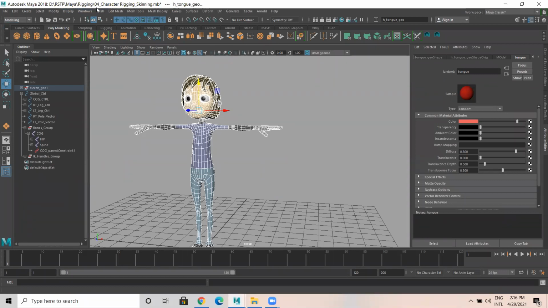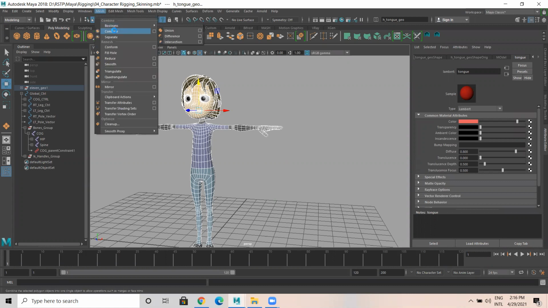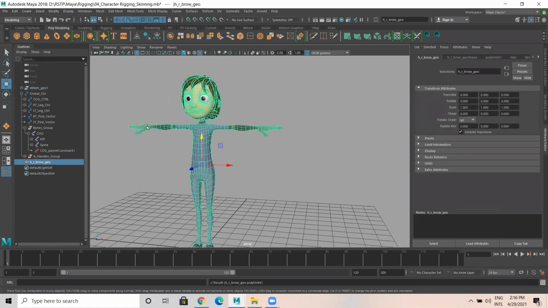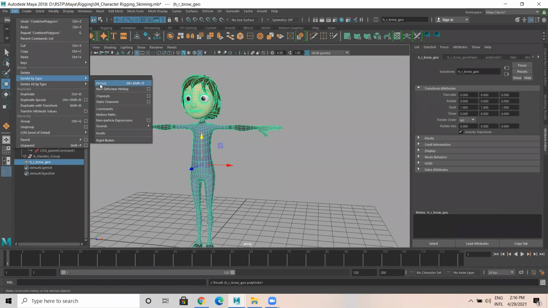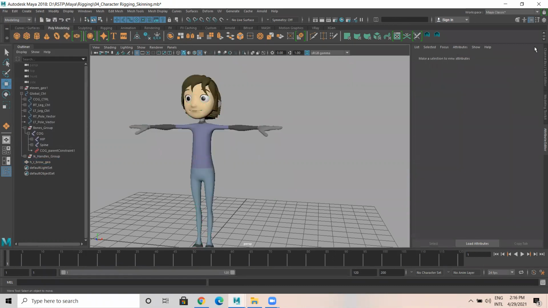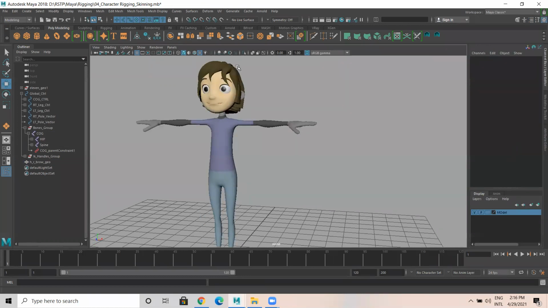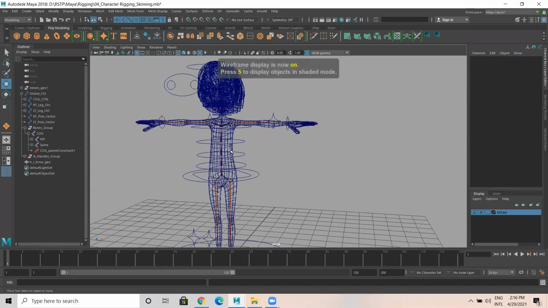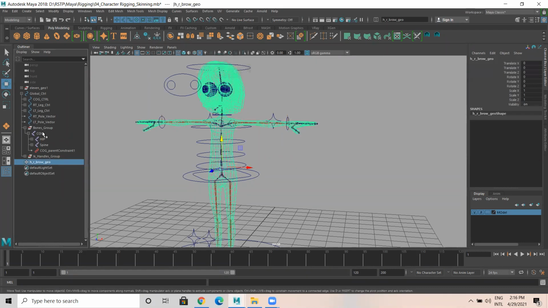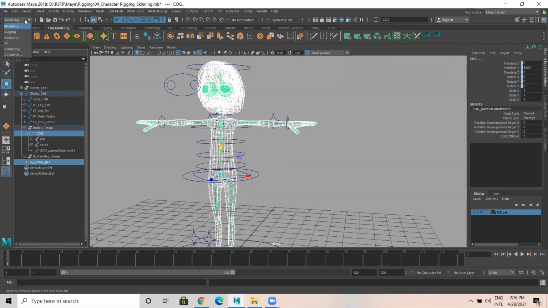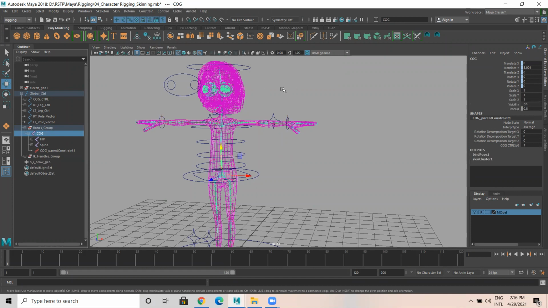I go to modeling, mesh, combine. I would like to combine this entire model. After that, edit, delete by type history again. Now show all. Here I'll select the body, control click on the cog, go to skin, bind skin. Now it's done.